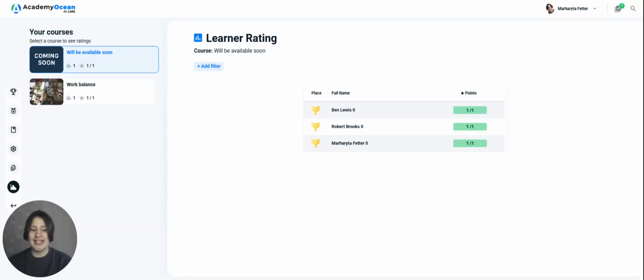By enabling ratings, you add an element of healthy competition among your students, while getting a handy tool to analyze